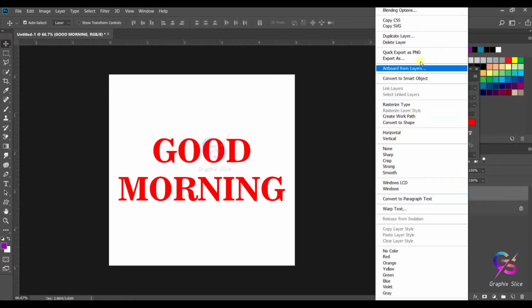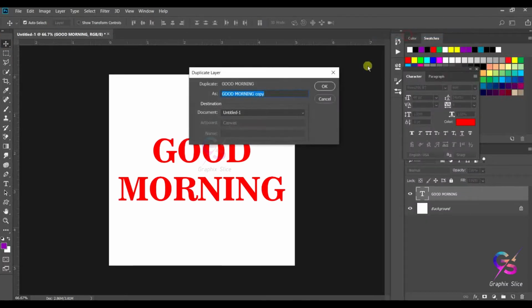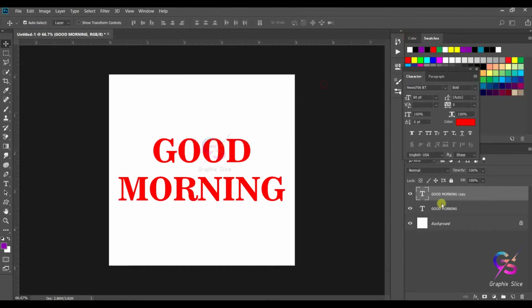Just right click and here we have the option duplicate layer. Just click OK. Otherwise you can use Command or Control J. Like this. Okay, so this is the first image, this is the second, third, fourth, right? In the first image I'm going to edit, just hide these layers. So only the first image is enabled now.